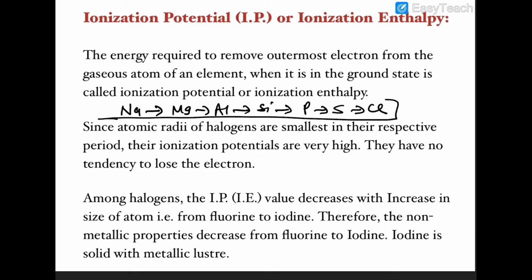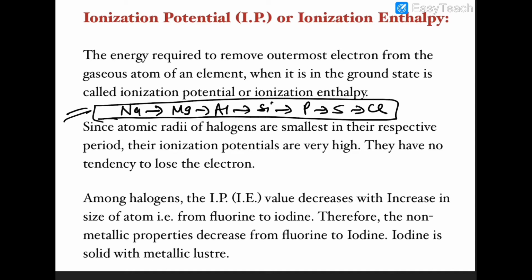As you move left to right in the period, the atomic radius becomes smaller and smaller, because the effective nuclear charge increases, and